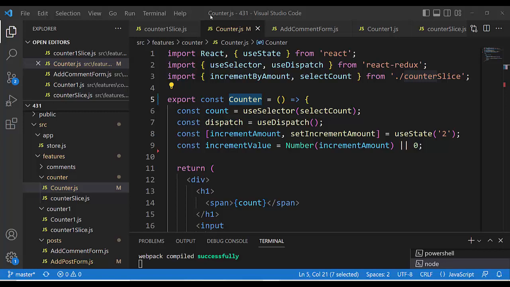Concretely, there is a translator from high level, what we write here in React, to assembler. But between that, there is also a virtual machine, and that virtual machine is